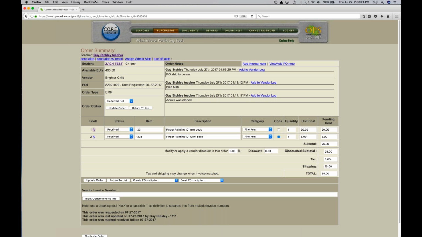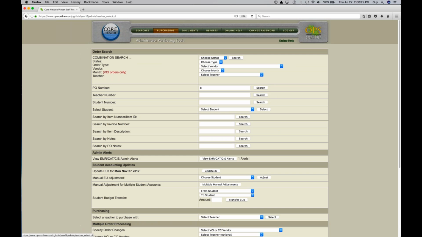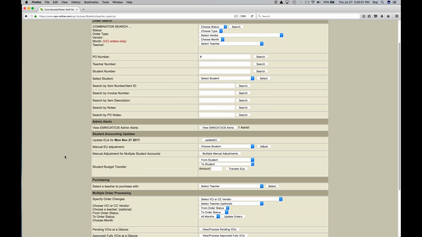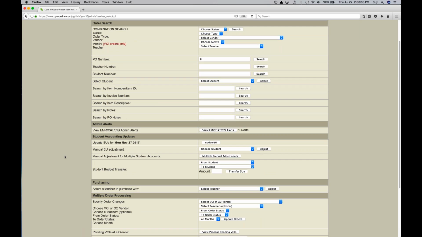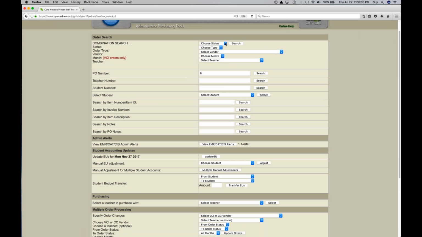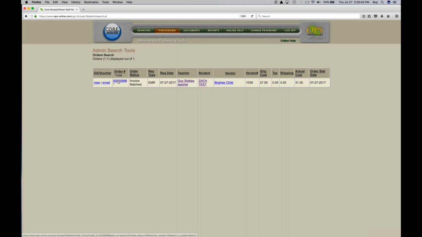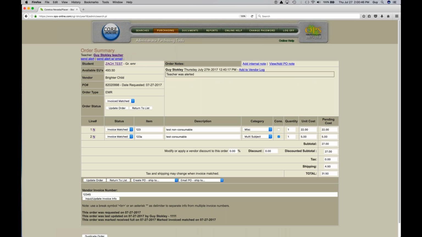And let's see what else. Any questions on that so far? Nope. No. Okay, and that was just order processing. So once everything is invoice matched, it can now be paid. And once it's marked updated to paid,